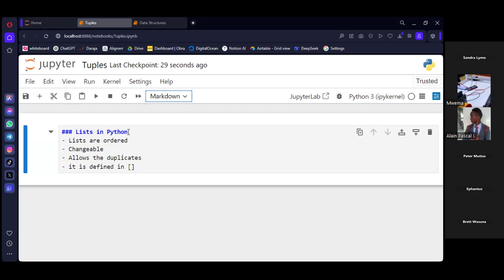And tuples in Python are similar to lists, like they are ordered.